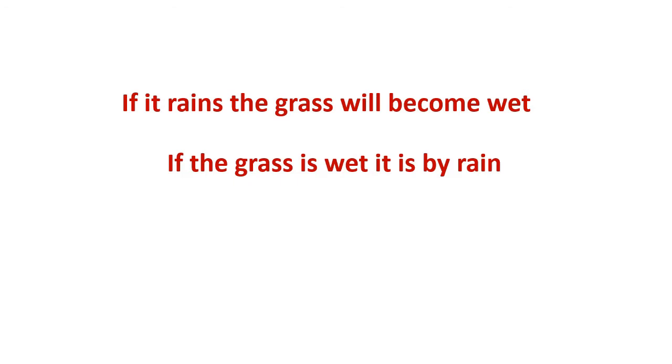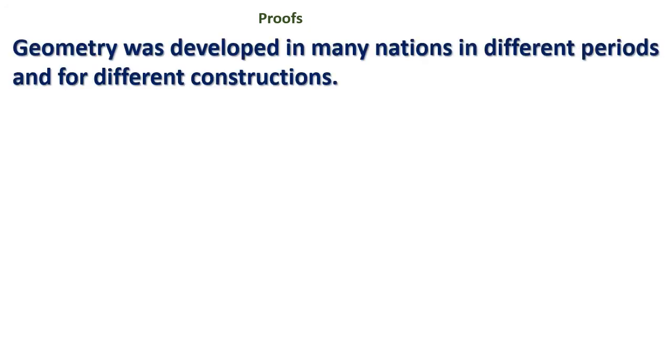If it rains, the grass will become wet. Everyone knows that. But if the grass is wet, it is by rain, we cannot say that. For another reason too, if a gardener pours water, the grass can become wet. So please keep this in mind, and we have to connect this with mathematics